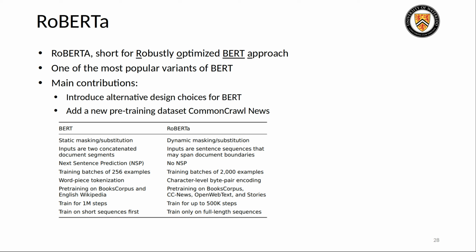So RoBERTa, which stands for a robustly optimized BERT pre-training approach, is a variant of BERT developed by Facebook AI. It is one of the most widely used BERT variants and has achieved state-of-the-art results on many NLP benchmarks. RoBERTa builds on the BERT architecture and introduces several modifications to the design and pre-training process of BERT. In addition, it introduces a new pre-training dataset called CC News, which consists of 63 million English news articles crawled from